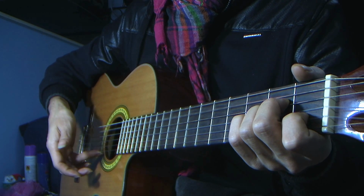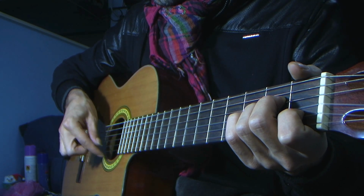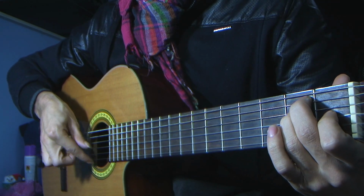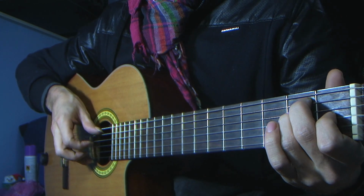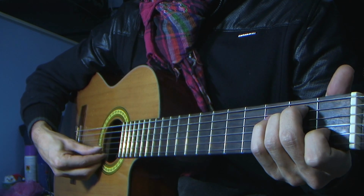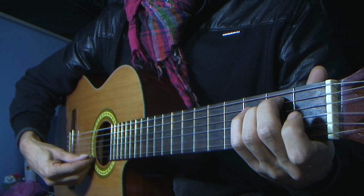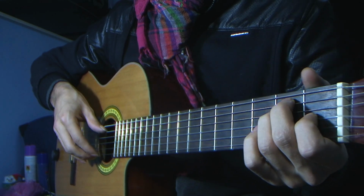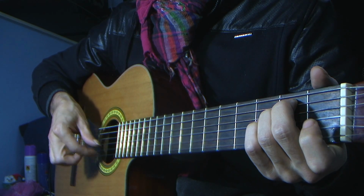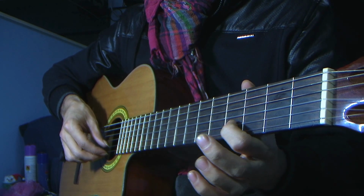We're going to play with the thumb and then 3 strokes without any thumb in between. To the next one. Next one. Go up. Before. Now to finish it up, you want to go a little bit slower. So if you put the tremolo in between this melody, it sounds something like that. And to finish it off, you put your index on the 2nd string on the 4th